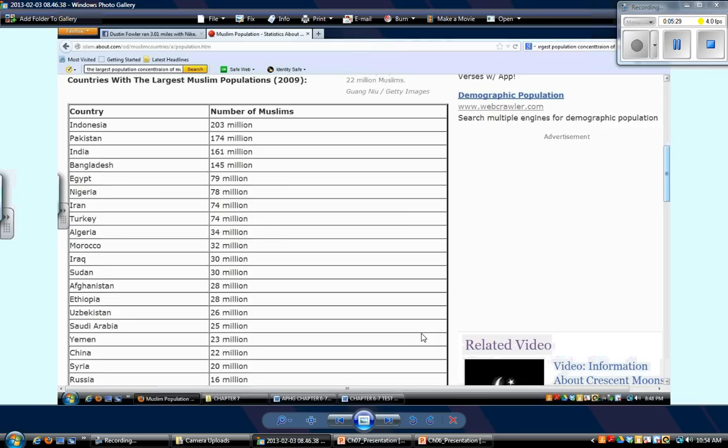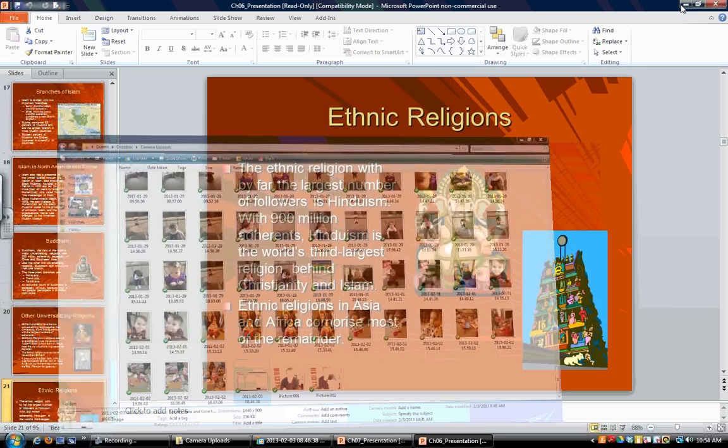Indonesia, where in the world is that? Pakistan, where in the world is that? India, we all know where India is already. You should know where Pakistan and Bangladesh are. They're on either side of India. And then you've got North Africa and the Middle East. Notice that the numbers of Muslims in North Africa and the Middle East are strikingly smaller than these top four, which are not located there at all. Where are they located? Well, if you look at a simple map,